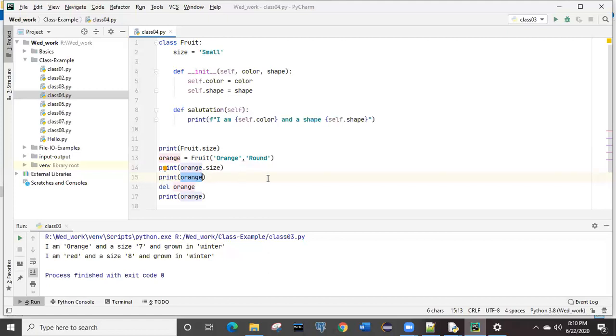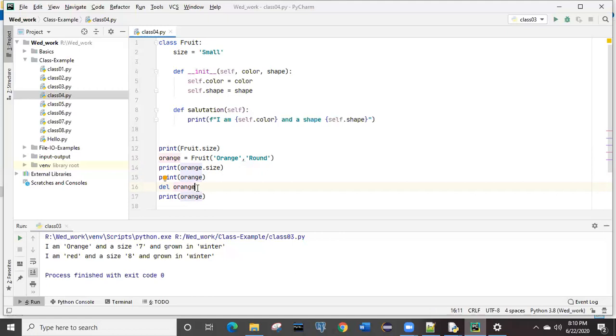Yeah. Then we are deleting that orange now. After checking the size, we are deleting it, and then we will try to print it. What could be the possible output?